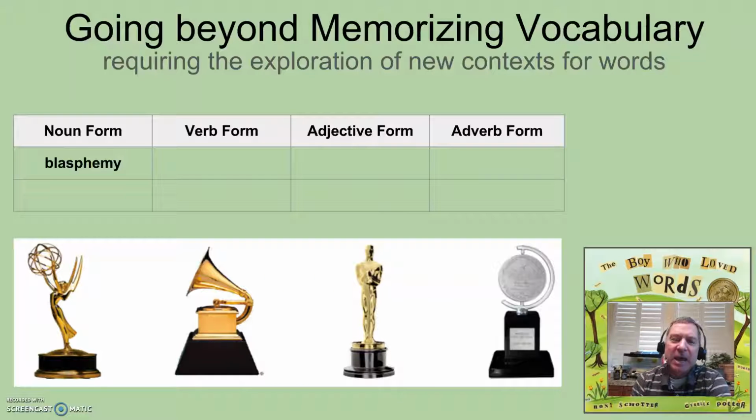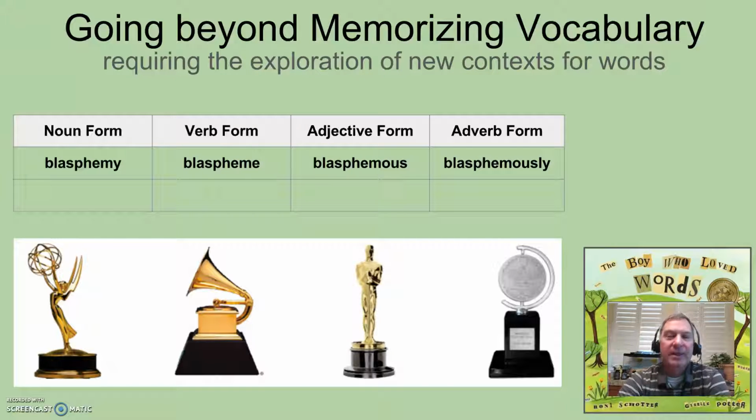My kids call this the EGOT game. An EGOT is an acronym from show business where a person gets the 4 major awards, there they are, Emmy, Grammy, Oscar, Tony. They have an EGOT. There's only been like 13 or 14 people in history who've ever done that. You can look them up to see who they are anywhere, but EGOT is what it's called. My students say, okay, if a word has all 4 forms, then it wins an EGOT. And so they kind of came up with that name after we were doing a study on acronyms. I love it when my kids name my activities. This is one of their activities that they named for me.